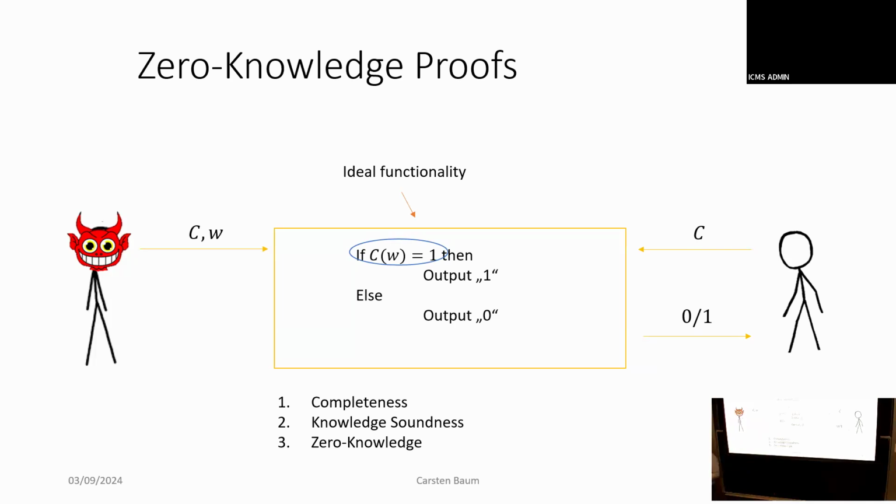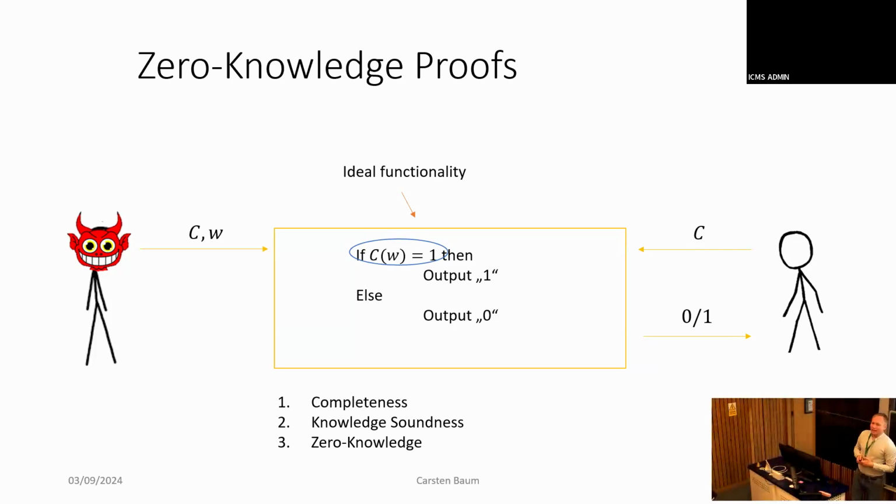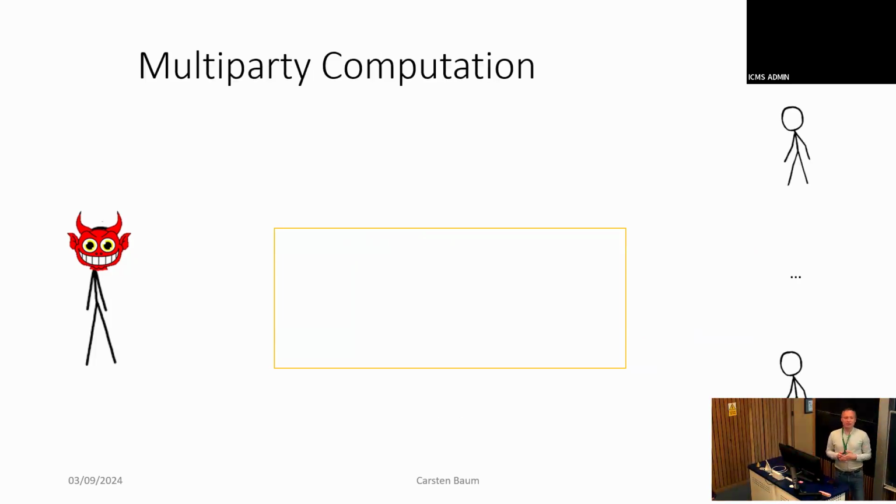And now that we're talking about boxes in cryptography, let me introduce you to a different box. That's called the multi-party computation box. Because once we abstract a functionality to do something for us, why not replace this functionality by a different functionality and ask whether maybe we can realize this using interactive protocols too? And the different box is called multi-party computation.